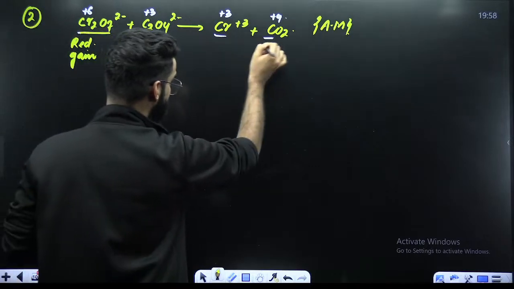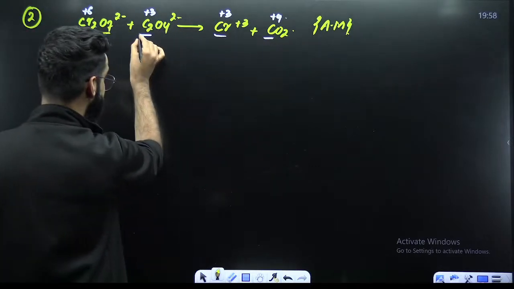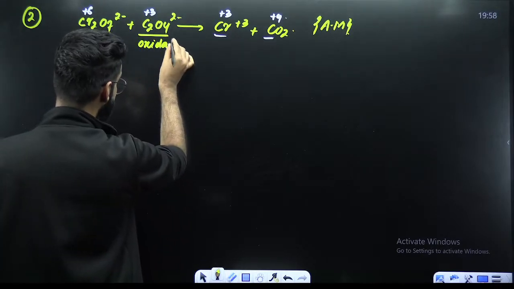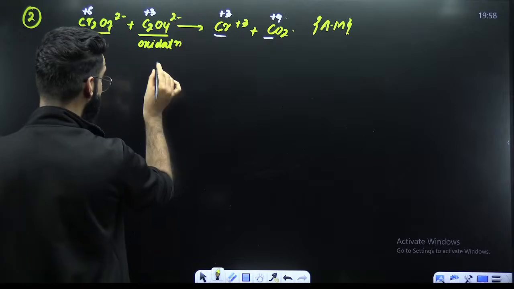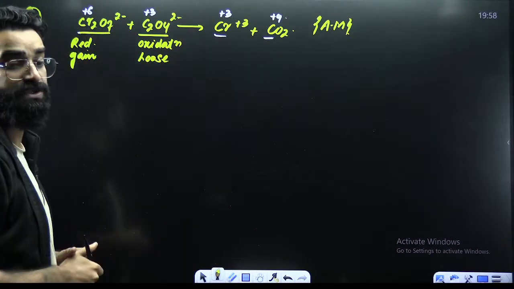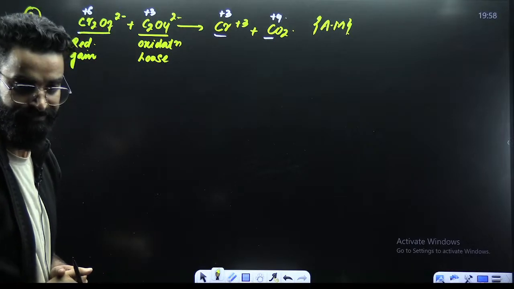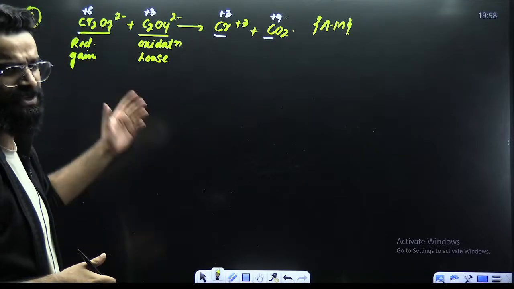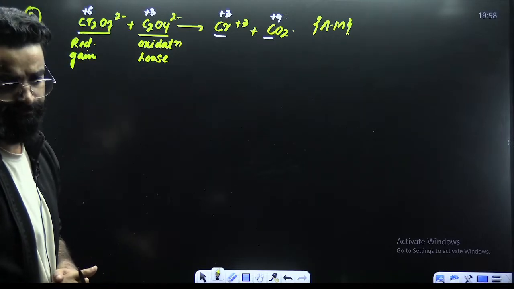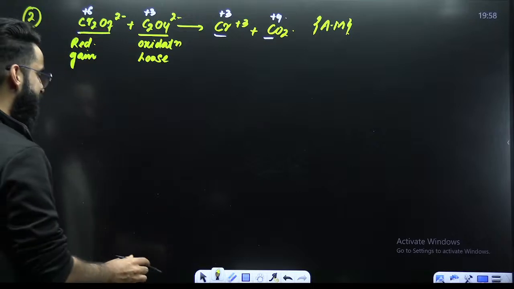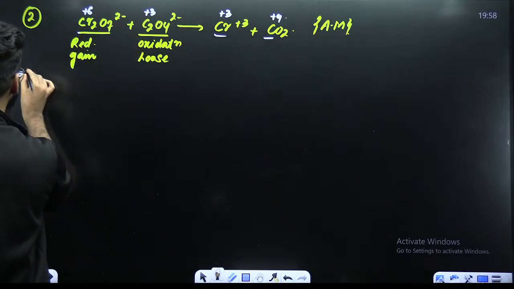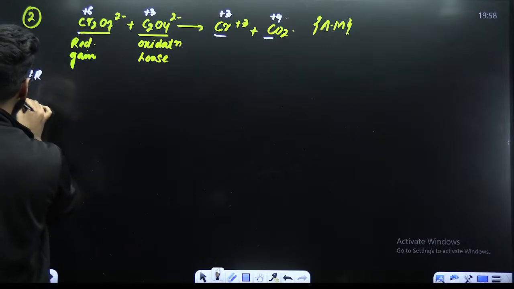Now, plus 3 to plus 4, increase in the oxidation state. Increase in the oxidation state is something which you call oxidation. So this C2O4 2- is undergoing oxidation, and the one that undergoes oxidation loses electrons. So you got to know which one is going to gain electrons and which one is going to be losing electrons. Now, what exactly are we going to do? We are going to break this main reaction into 2 parts. One is the oxidation half reaction. One is your reduction half reaction.